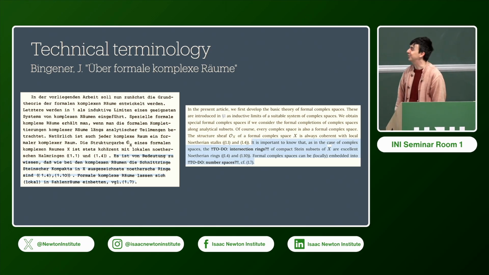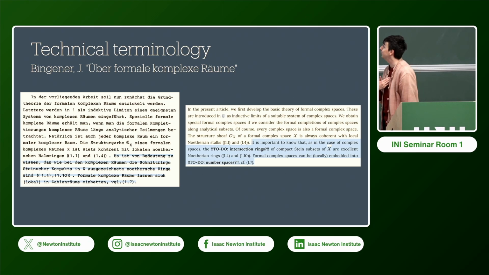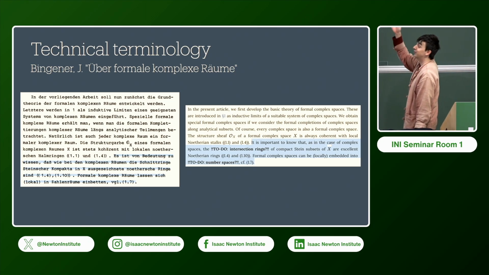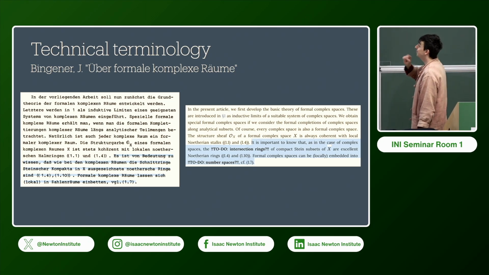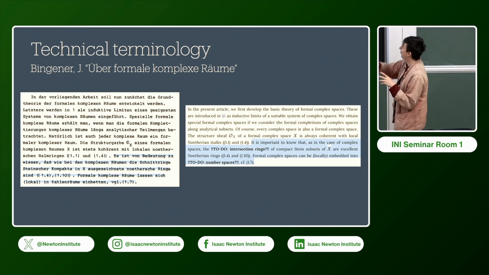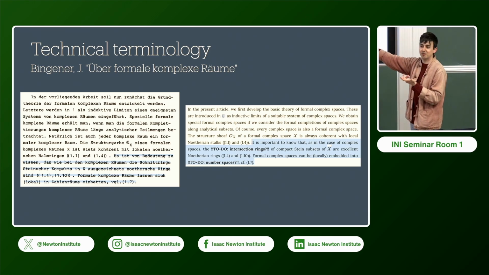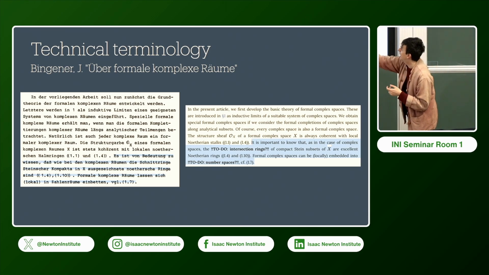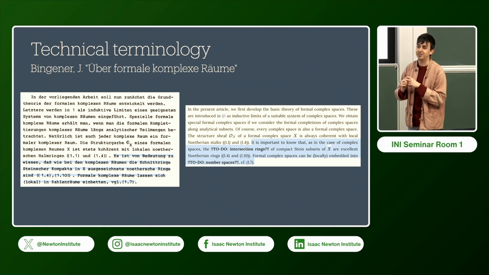This is a fantastic audience for this, actually. So I'm trying to do a German translation at the moment, which is great, because I don't speak German. So it's going very slowly. Here's a paper I have to read for my research. I spoke to a German algebraic geometer about this, but of a very special flavor of algebraic geometry, right? And we agreed that there are some words here, like Schnittring is intersection rings, and Zahlenraum is number spaces. Great. I don't know what those words mean, but I know this subject.